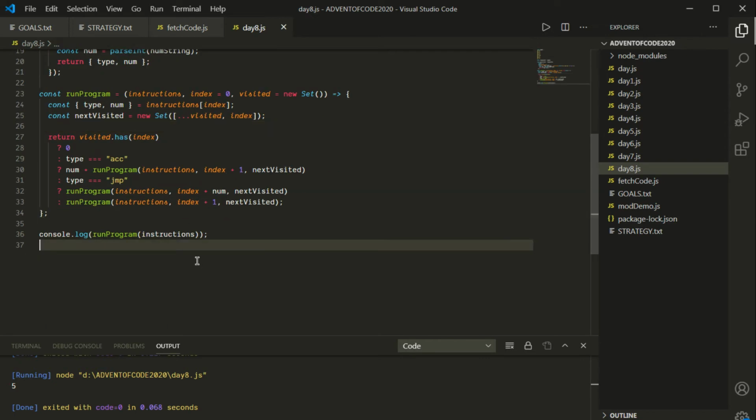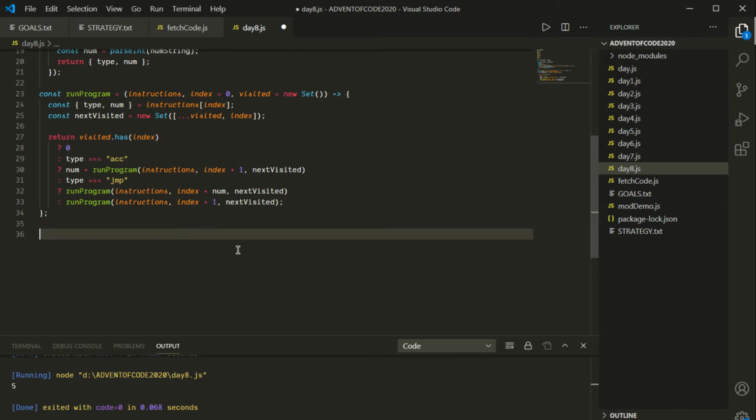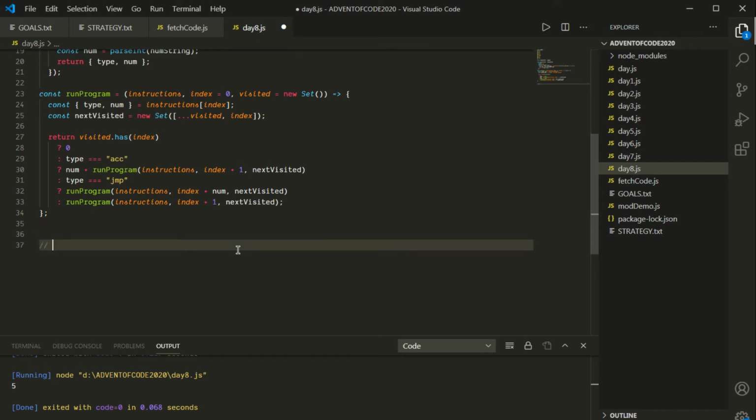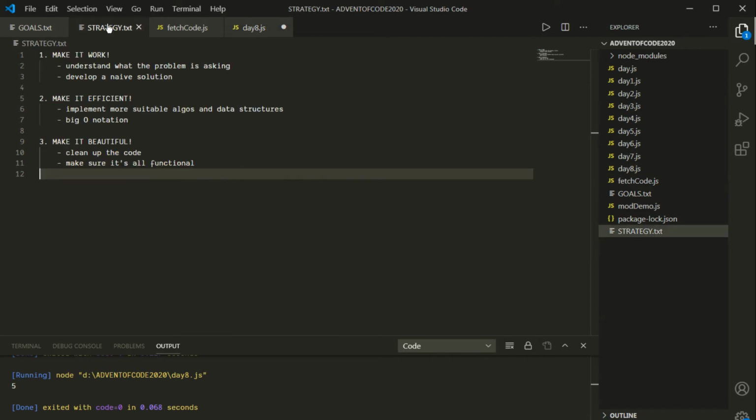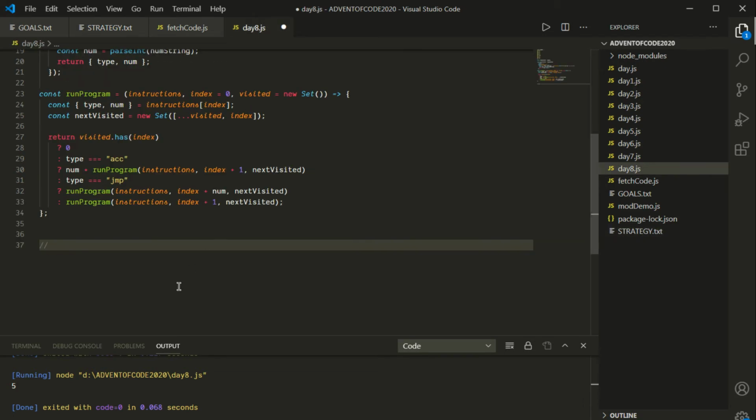Okay, so basically we're not just going to run the program. What we're going to do, this is our game plan, okay? And this might seem a little brute force, because remember, we've got to make it work first, right? And then we'll talk about making it efficient and making it beautiful. Okay, so what we want to do is basically consider all the possible corrected